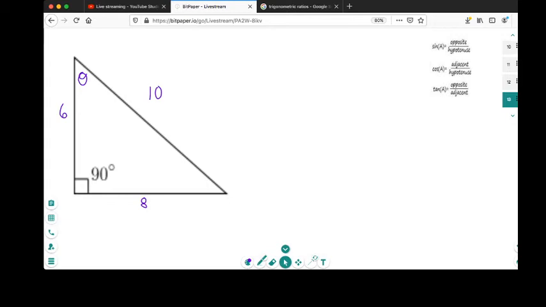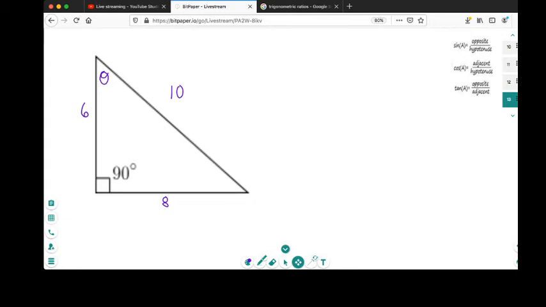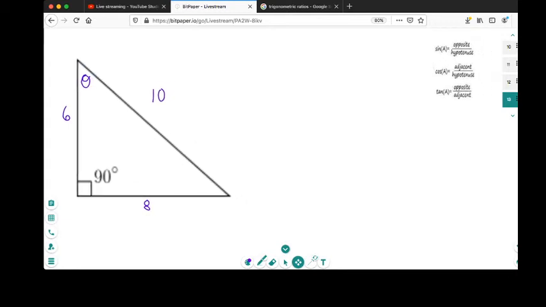Now, again, when we talk about opposite, hypotenuse, adjacent, these terms refer to side lengths, okay? So that's really important to remember. And remember that the side lengths are subjective, which means they vary in terms of their names based on which angle in the triangle you're talking about. So if I'm talking about this angle right here, then I need to talk about the opposite, adjacent, and hypotenuse with regards to this angle. One good thing is that the hypotenuse is always the hypotenuse, meaning it's always the side length opposite of the 90-degree angle. So we know that this is the hypotenuse,